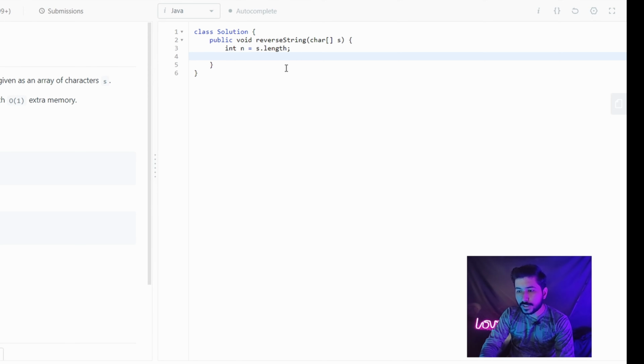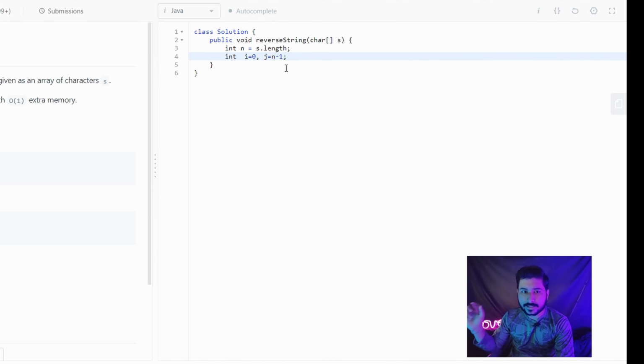After that, what we need to do is assign two values. That will be int i equal to 0, the starting point, and the second will be j equal to n minus 1. Why n minus 1? Because n is the whole length and the array starts at 0, so the last endpoint is n minus 1.